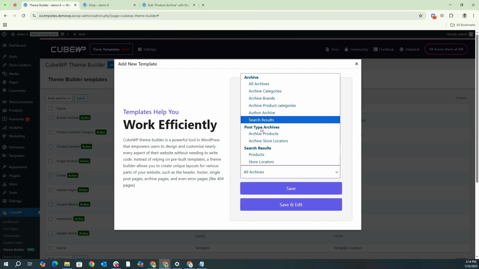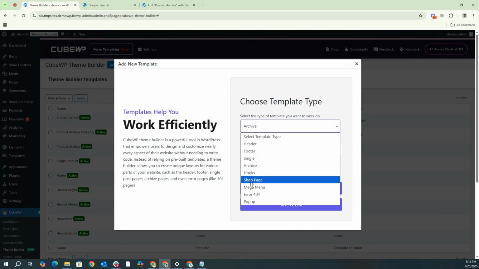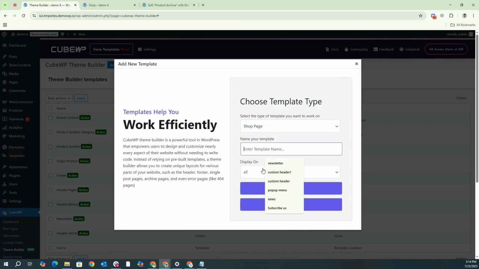The second option we have is post type archive. If you want to create an archive page for the product post type you have created, then you can select this. If you want to create it for the store locator, then you can select store locator. Let's suppose we are creating a shop page right now. Let's name the shop page, say shopping page,